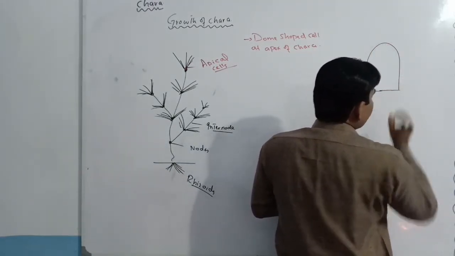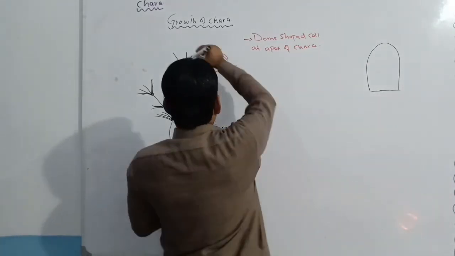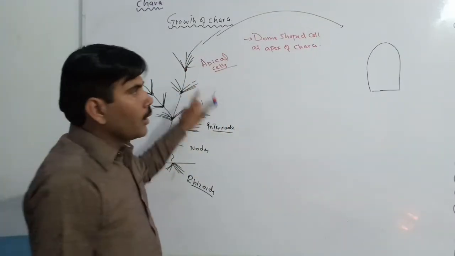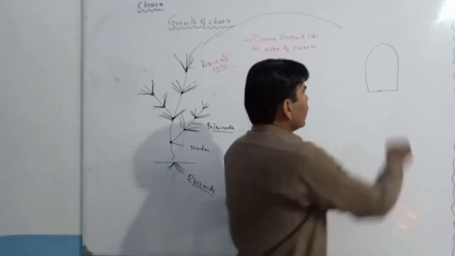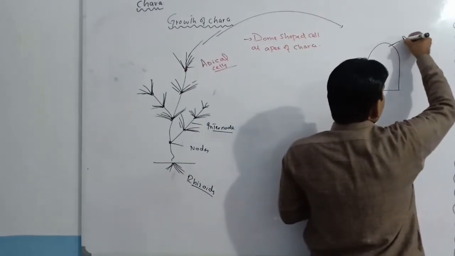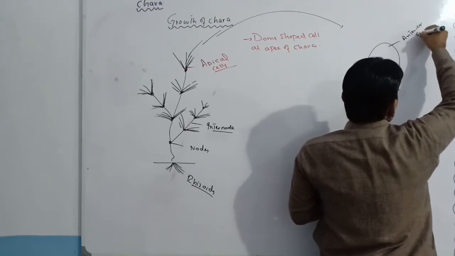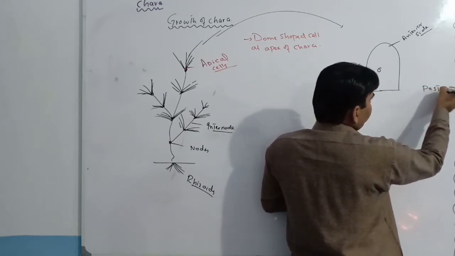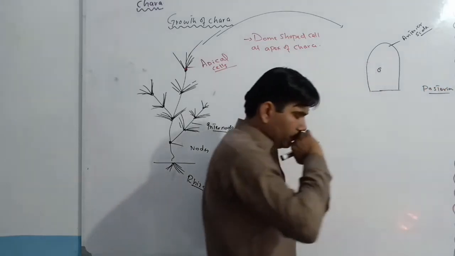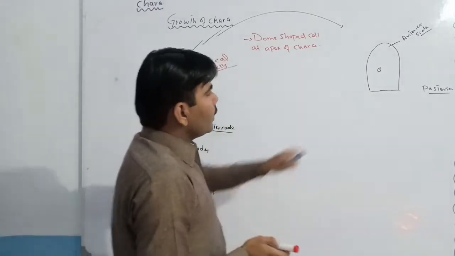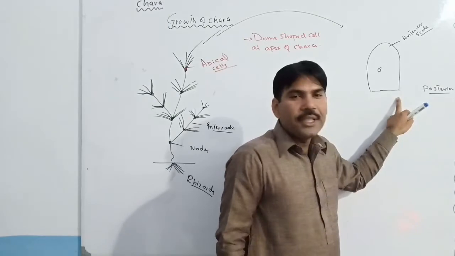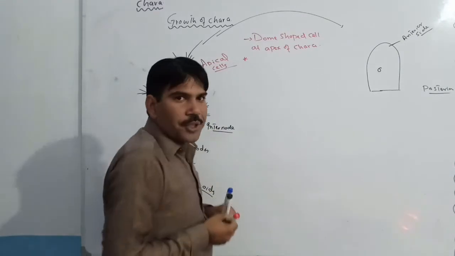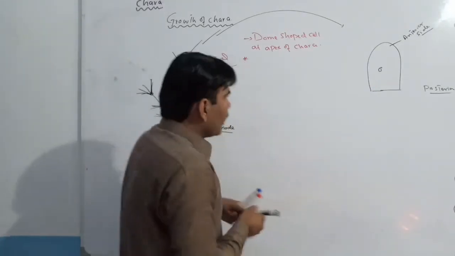This is a dome shaped cell which is present at this apical region of the chara plant body. So this cell has two sides. This is an anterior side, and this is the side which is known as posterior side. So this cell divides from posterior side but not from anterior side. So we can write the dome shaped cell which is an apical cell divides